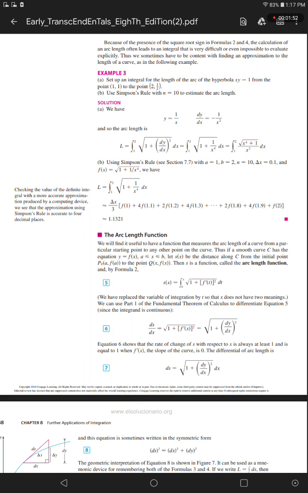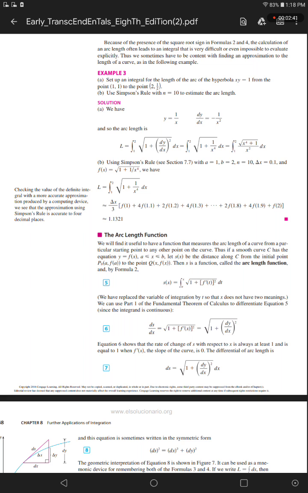We have L = the integral from 1 to 2 of the square root of 1 + 1/x⁴ dx, which is approximately Δx/3 times [f(1) + 4f(1.1) + 2f(1.2) + 4f(1.3) + ... + 2f(1.8) + 4f(1.9) + f(2)]